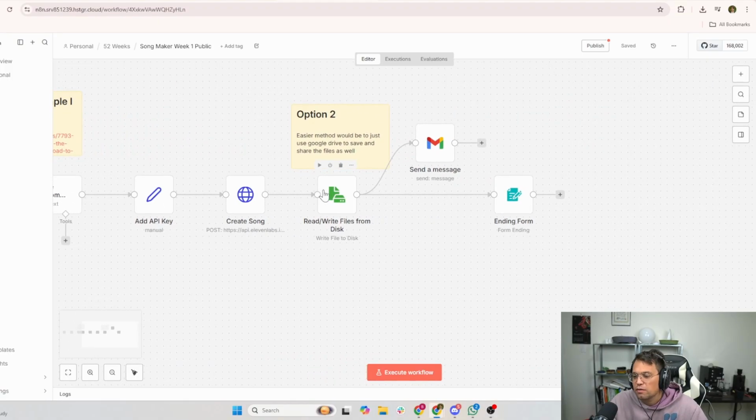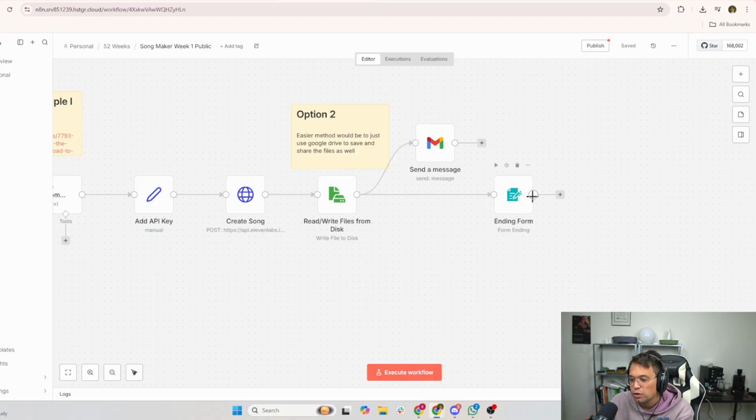And here, writing to the file, I'm doing self-hosted N8N, so I have a file server so I can store all my files on here. However, one thing I can initially do to make it a little bit easier is you could just save it to a Google Drive and send them the link and make them an editor. This is probably a simpler way of doing it because everyone has a Google Drive, especially if you want to test this out. Or if you wanted to create a bunch, do this en masse, then you could, for example, upload the files and send them an email in different ways.